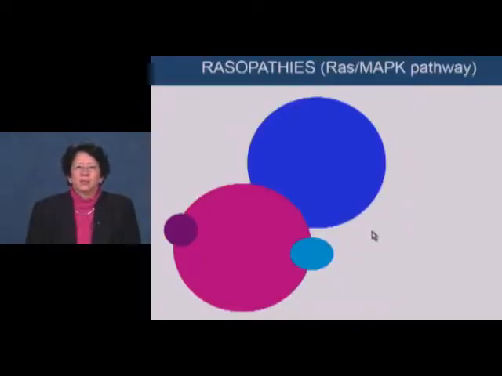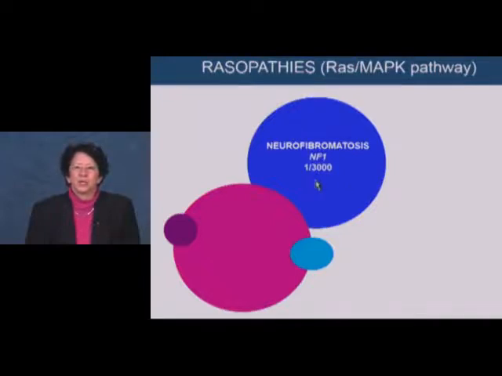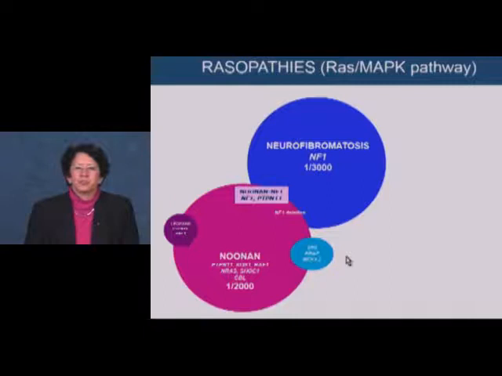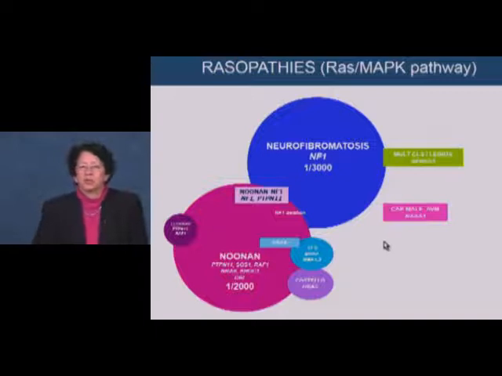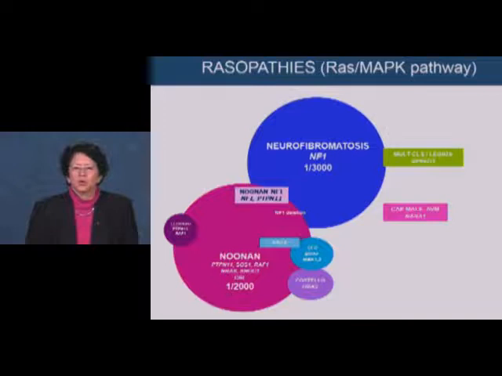These intriguing little bubbles are my way of showing you with Venn diagrams the overlap. Neurofibromatosis, which occurs in about 1 out of 3,000, is in fact one of the Rasopathies. Noonan syndrome is actually more common, 1 out of 2,000. There's something called Noonan NF, which actually straddles both. This is something called Leopard syndrome, which is an allelic form. CFC, Costello syndrome, the KRAS mutation, and disorders I haven't mentioned, something called capillary malformation. Again, this is more than one would include for a typical review of syndromes, but I think the concept